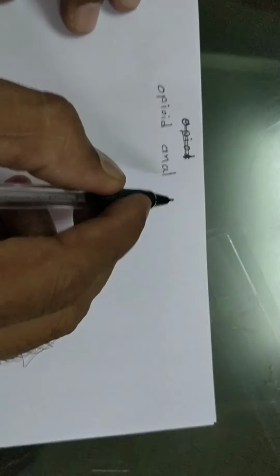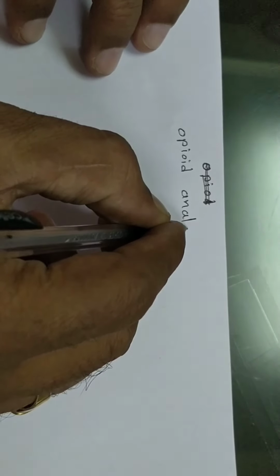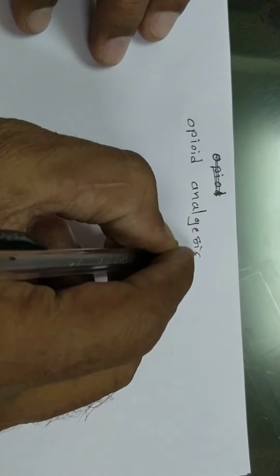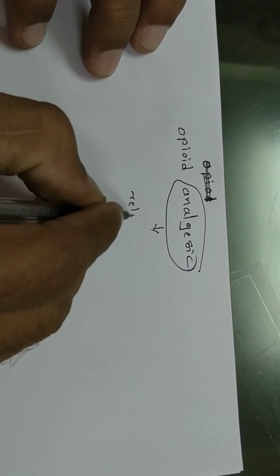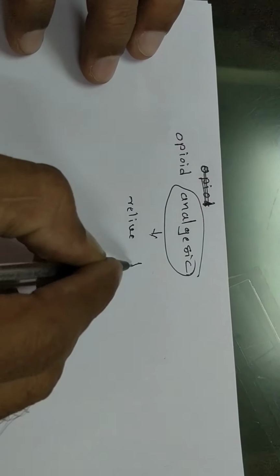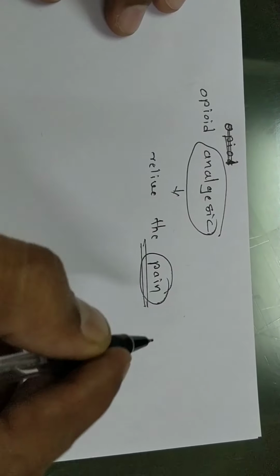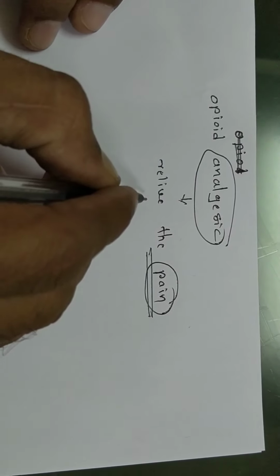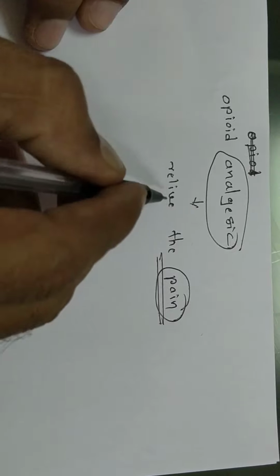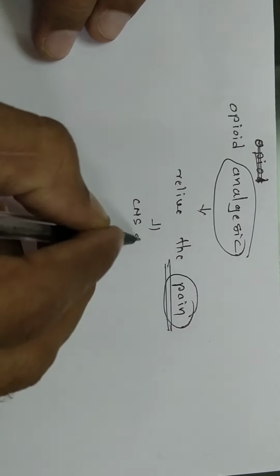All the secondary students, we will see the new chapter, Opioid Analgesic. So what do you mean by analgesic? Analgesics are the drugs which relieve the pain. The pain, they act by the CNS for pain relief. Analgesics are the drugs which relieve the pain, but they act on the CNS or peripheral